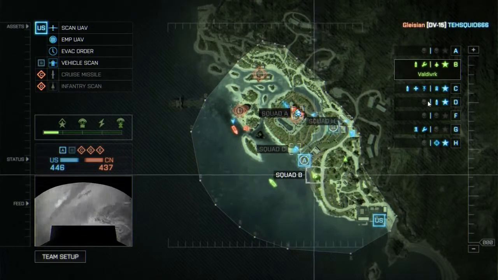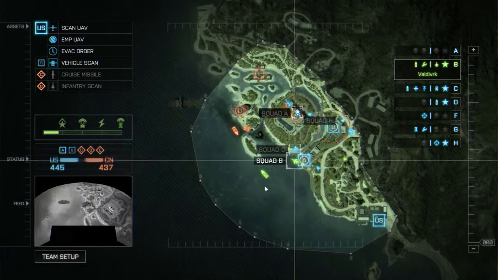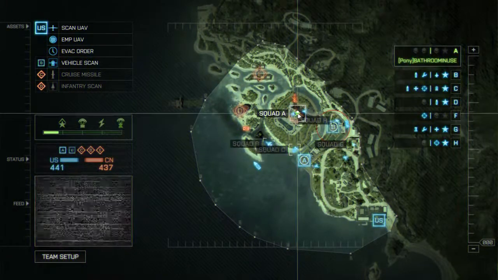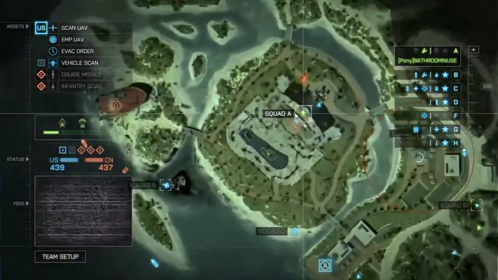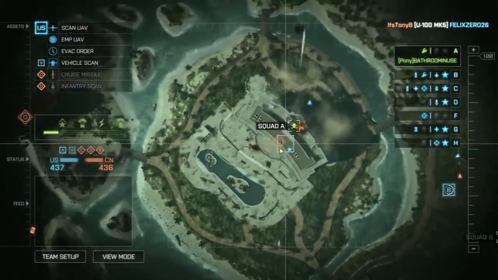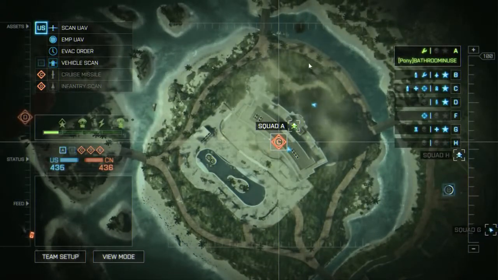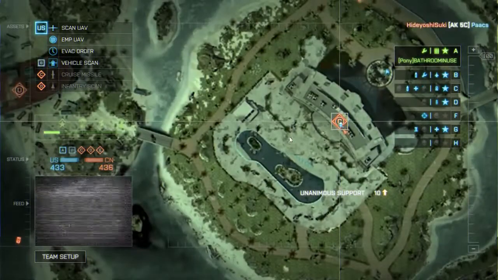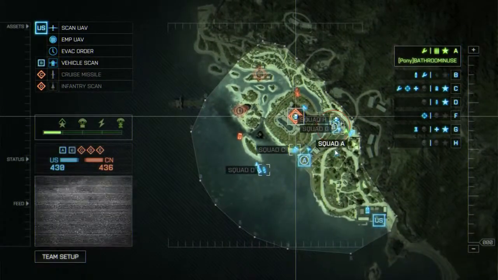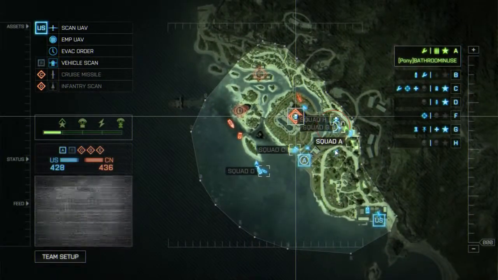Now if I want to, I can click on each one of the squads. These are the squad leaders. Squad A's squad leader is right here. I can also zoom in. I can zoom way in on the action if I want to. See the chopper flying around? He just got torn up. I can back out. So you can micromanage this if you want to,